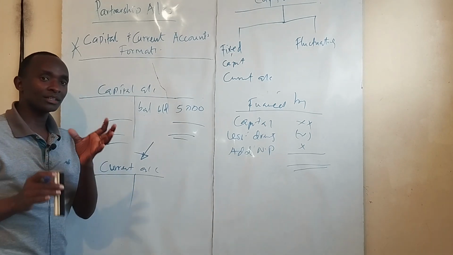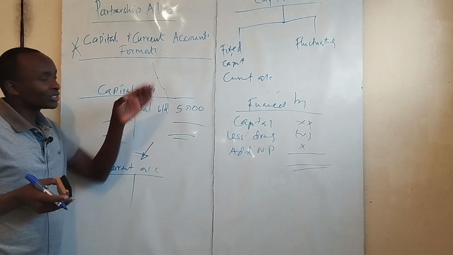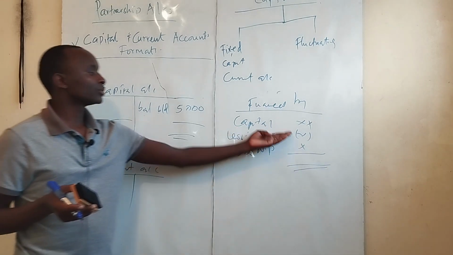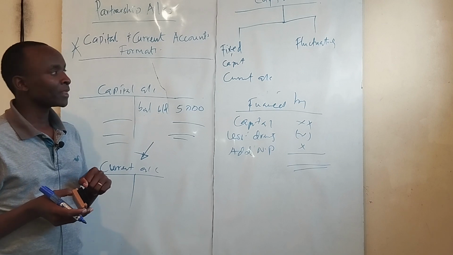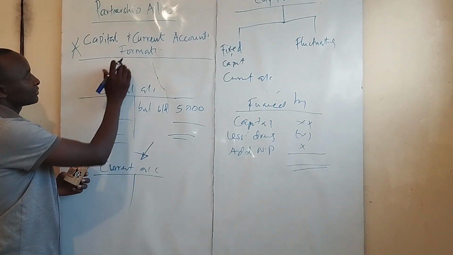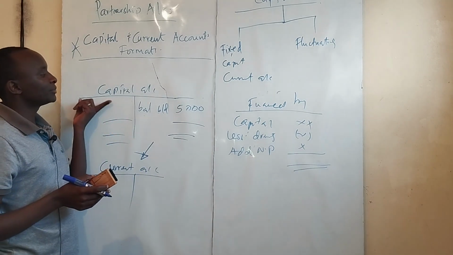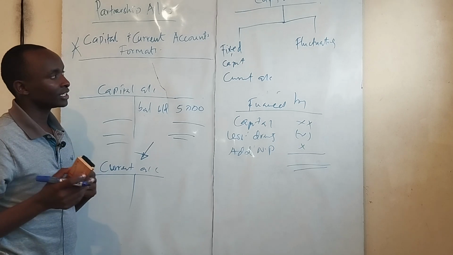I know that is where people had problems. If the capital account is fixed, then the current account will take those other adjustments on behalf of the capital account. Now that you know that when the capital account is fixed, the current account will take over the changes,